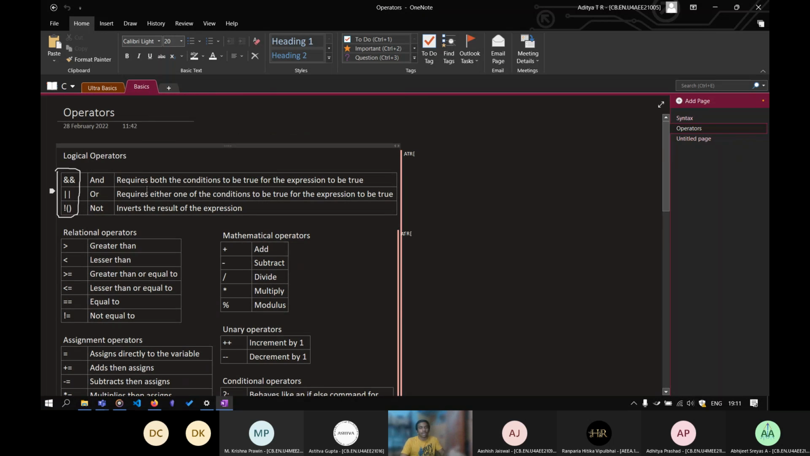So, logical operators: and, or, not. With and, if the conditions on either side are true, then the whole expression returns true. If either of the conditions is false, then it returns false. With or, if one of the statements is true, it will return true. And not, it will just